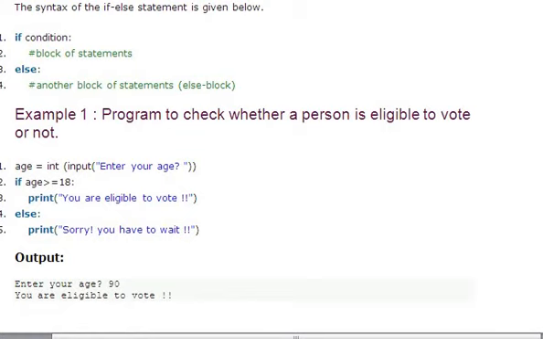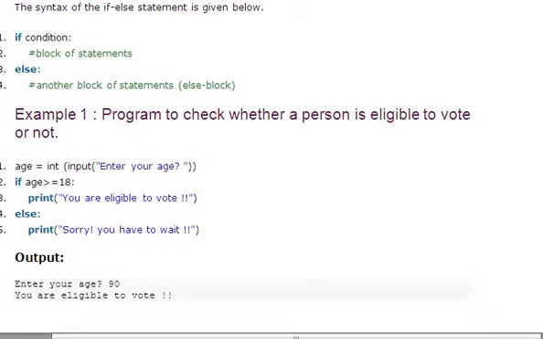If condition colon, block of statements, else colon, another block of statements. The same notation that we used in C, C++, Java, we use the same. The only difference is we are not using any parenthesis, semicolons, or braces here.